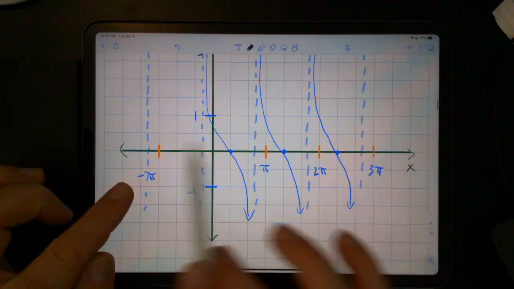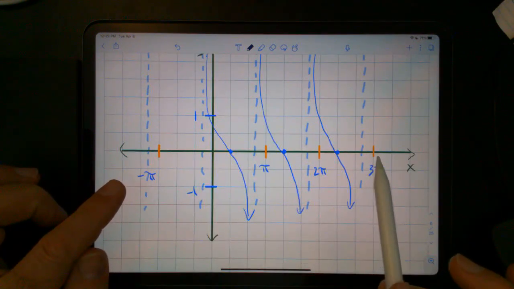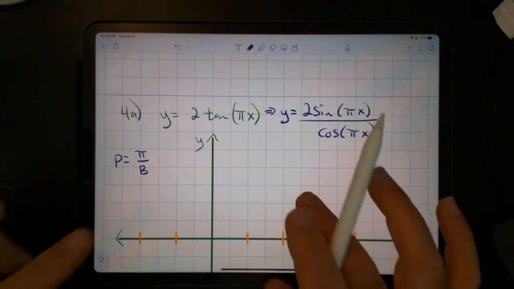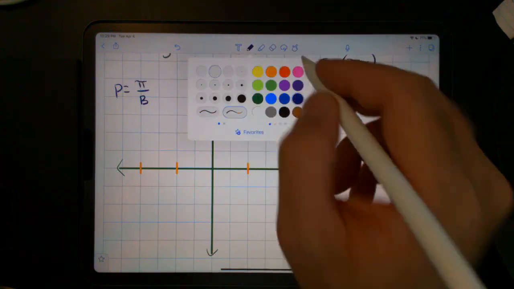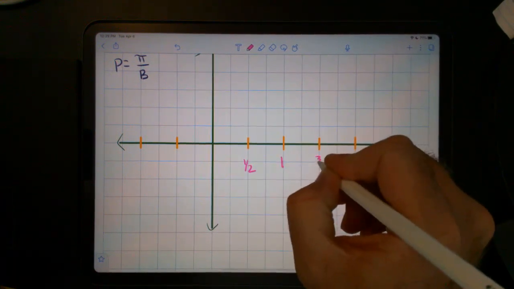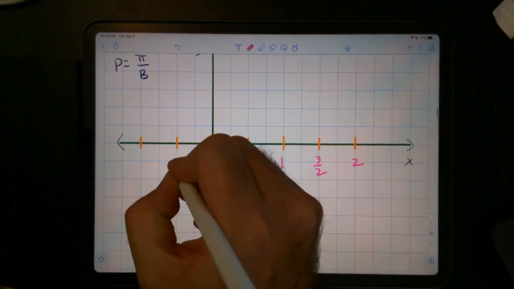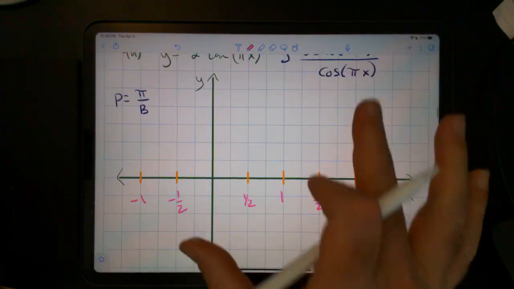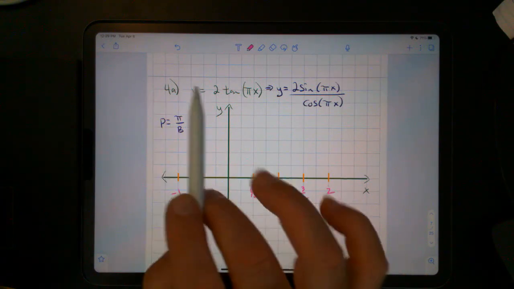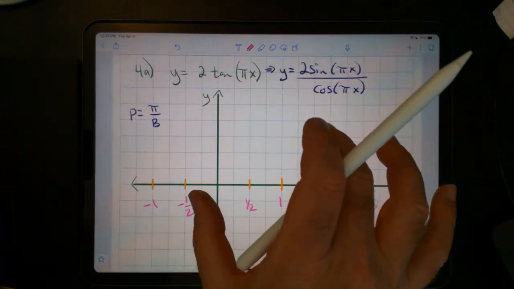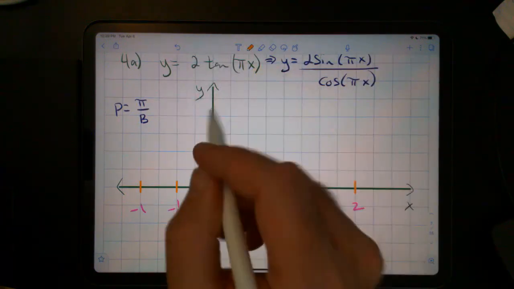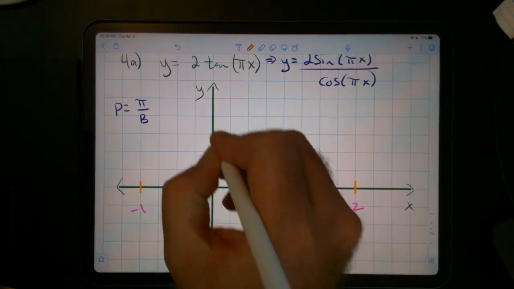So we can label our horizontal axis with whatever marks we want, but it's easier to coincide it with your period. And so for this one, the period is 1. I'm going to have 1/2, 1, 1.5, 2, and then let's go -1/2 and -1. Okay, now our amplitude is 2. I know the orange doesn't show up well, but for consistency,